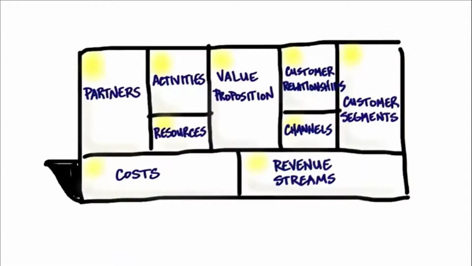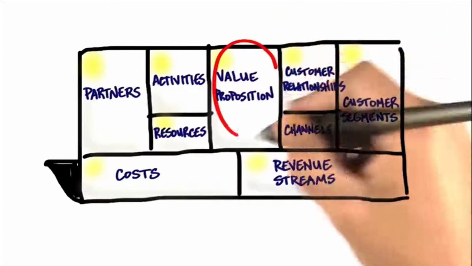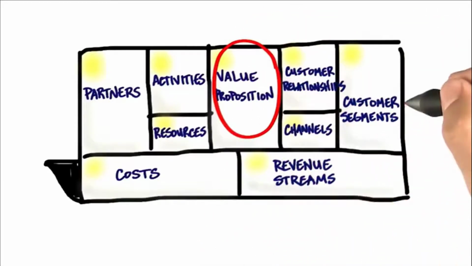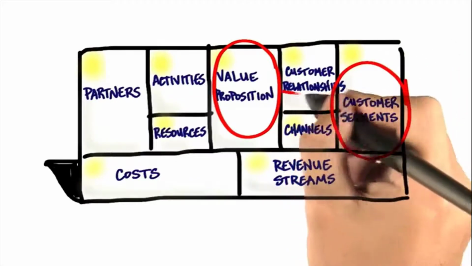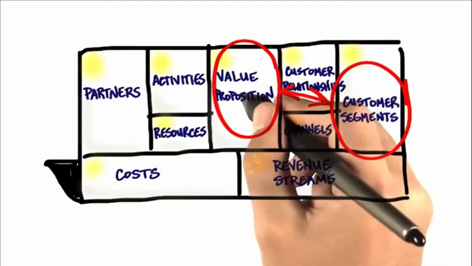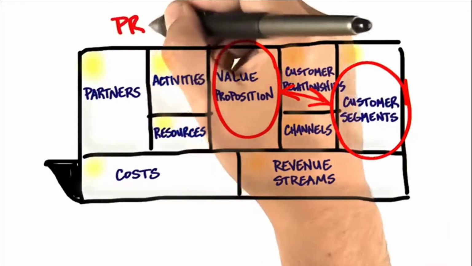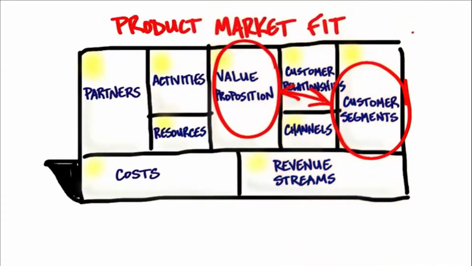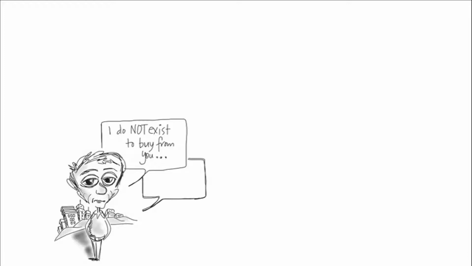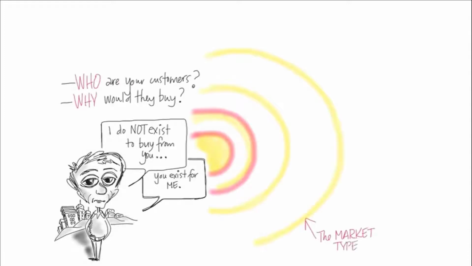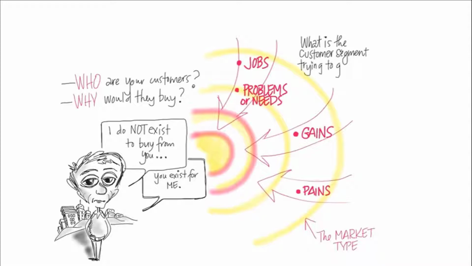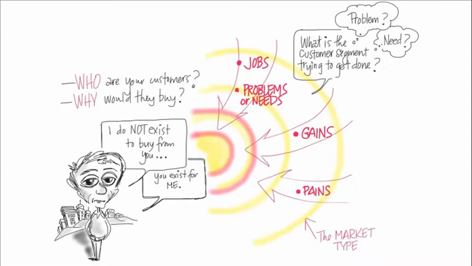So if you remember from the last lecture, value propositions, what we're really trying to do is find the right product market fit between what you're building and who wants to buy it. Again, we call this relationship between value proposition and customer segment simply product market fit. Today in customer segments, in this lecture, we're really going to ask what job are we getting done for the customer? That is, what functional or social jobs are we going to get done? What emotional jobs? What problems or needs are we solving? What gains are we providing the customer? What pains? How does market type affect this?